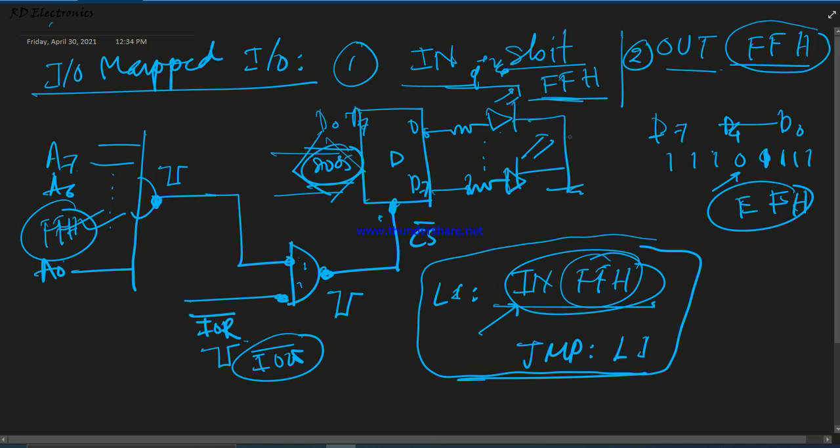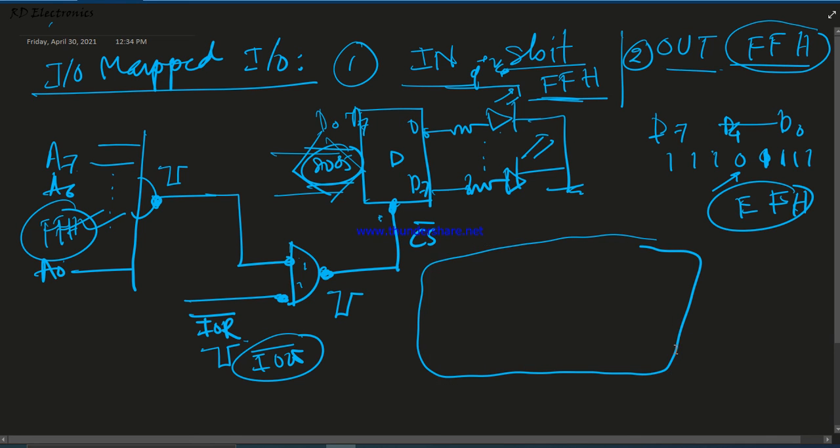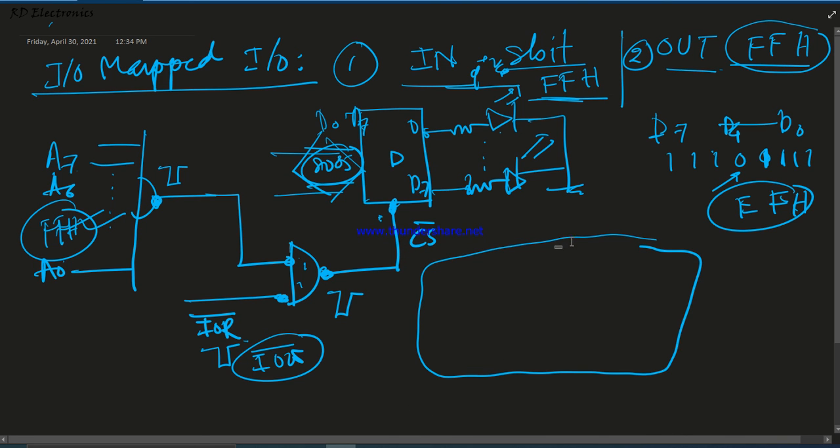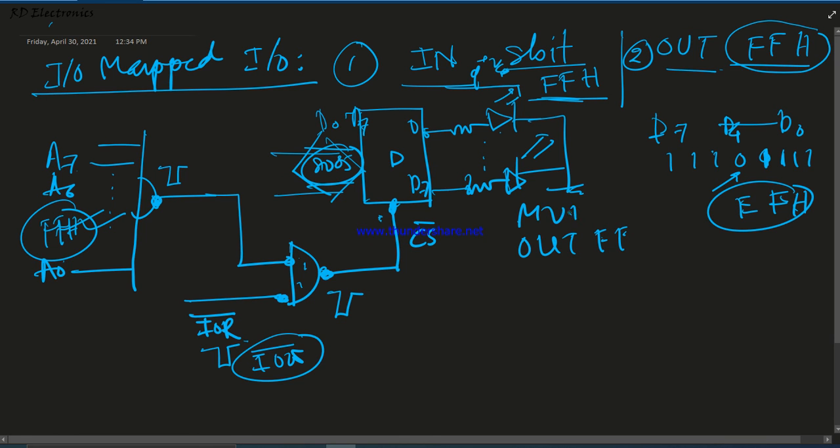Now we consider that, just a minute. So now we write MVI A, 0F. That means the accumulator data is 0F, and we write OUT FF.